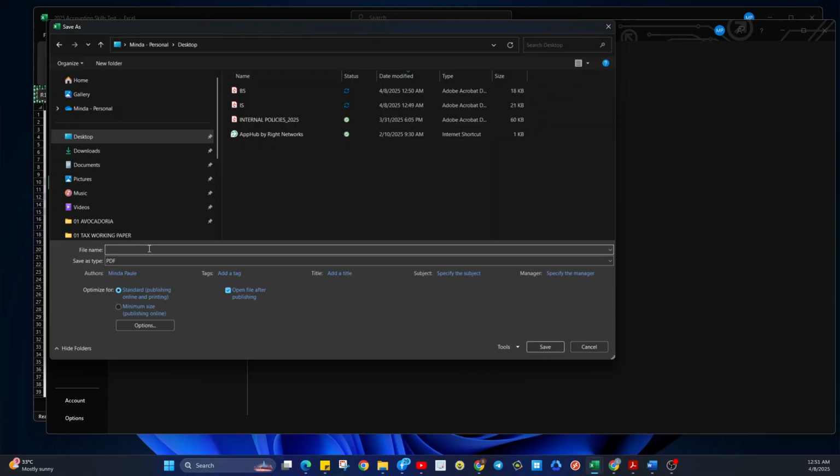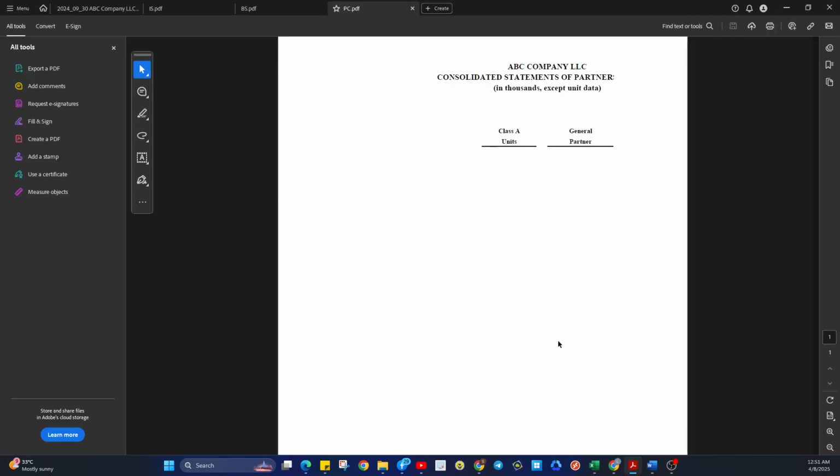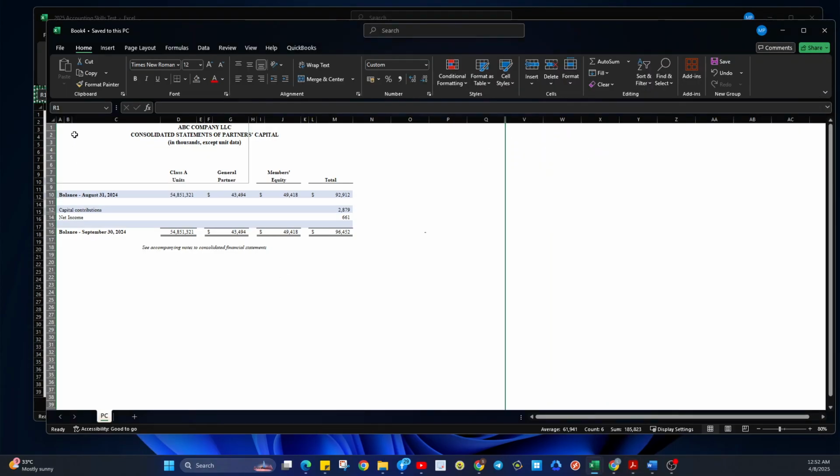This is the partner's capital. What happened? Repeat this one because it was not captured correctly.